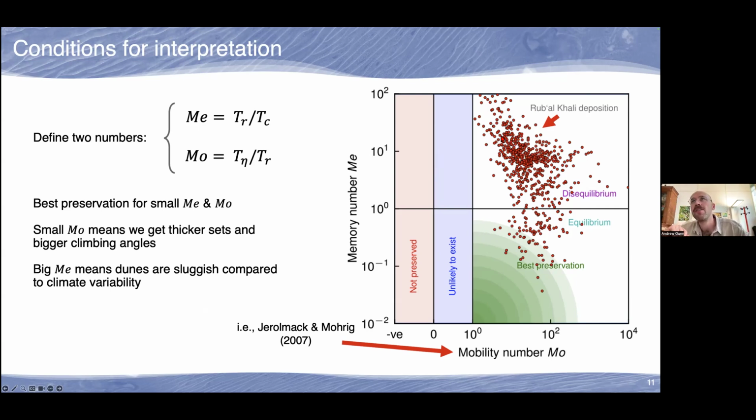And so these red dots, based off of those paleoclimate simulations and all the other analysis, are all the different grid cells inside the dune field. And these regions that I've drawn are like the expectation of what would be right or wrong. So the closer you are to the bottom left here, you have